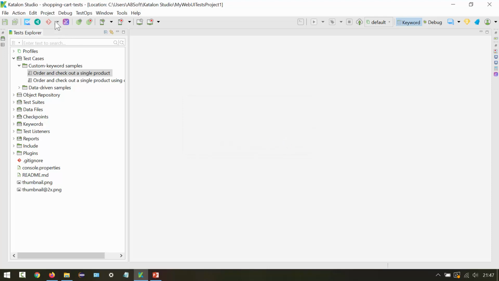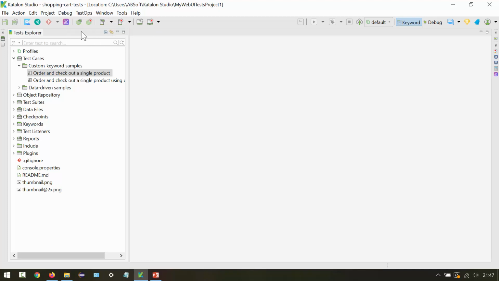Then we have Git. This is mainly the command for Git activities. If you have enabled Git, then you can select options like commit, push, pull, share the project, all the Git related activities we can do from this drop down. Then we have this self-healing feature. Here we can enable self-healing, then we can set different settings. This is mainly a self-healing feature to reduce unexpected test failures.